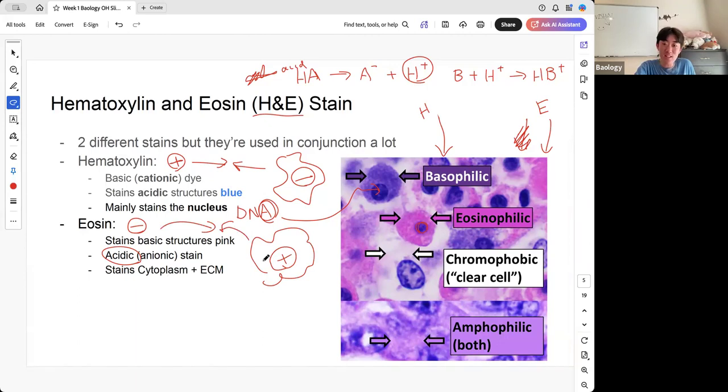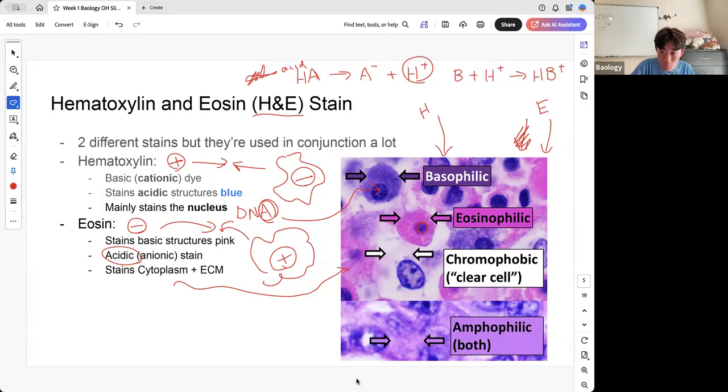And generally, eosin stains the cytoplasm, so kind of like here. It's pink. And the extracellular membrane. So that's the stuff outside the cell that helps hold different cells together. Or sorry, I said membrane. I meant matrix, the extracellular matrix. If we look at this picture,